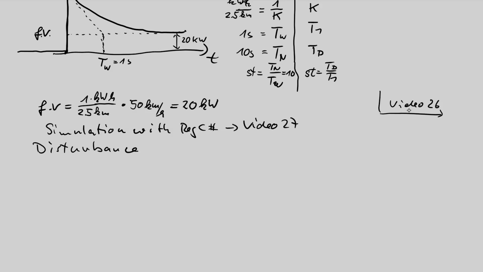Disturbance behavior. This is an interesting discussion because this fits more to the realistic behavior of a cruise control, because people want to use cruise control to have constant speed in spite of disturbances like strong wind, or the most important disturbance, driving up or down a hill. So I want to simulate now, discuss one special disturbance,